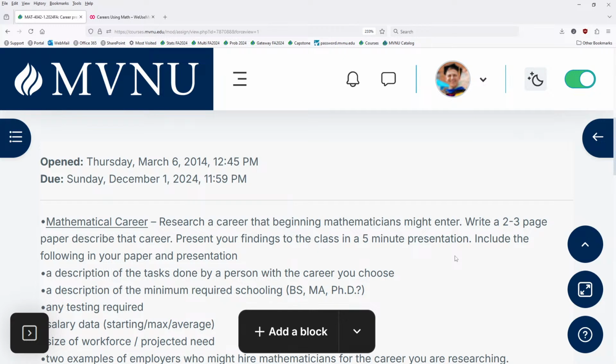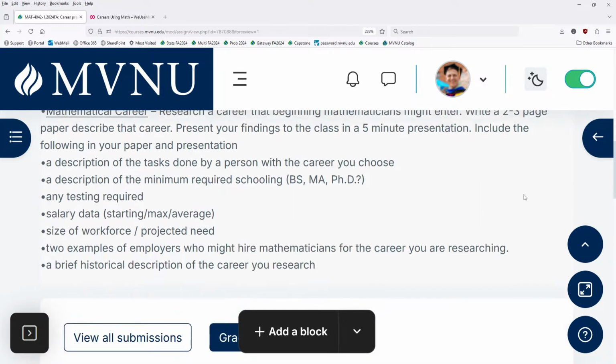Because when I say 5 minutes, it's never 5. It's 5 plus, because there's time to switch. So probably both of those days we'll have presentations on careers. And so everyone gets to do a short presentation, 5 minutes. If it bleeds up to 6 or 7, I'm not going to complain too much, but I don't want it to be 15. And you're basically just going to share the important stuff.